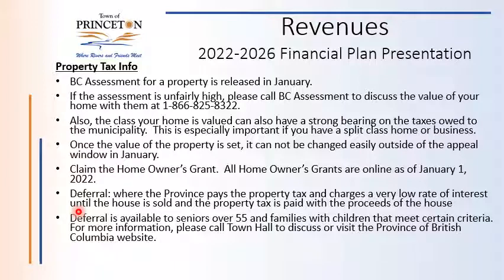Do note that if you don't apply for the homeowner grant, or you apply for it after the tax penalty deadline, there can be a penalty attached to that amount, even if you claim the homeowner grant. So the amount is $37.50 or $77, depending on when you actually fail to claim the homeowner grant. So please, today, go online and claim that homeowner grant. The application process is already open, so please get it done and save yourself a couple of bucks.